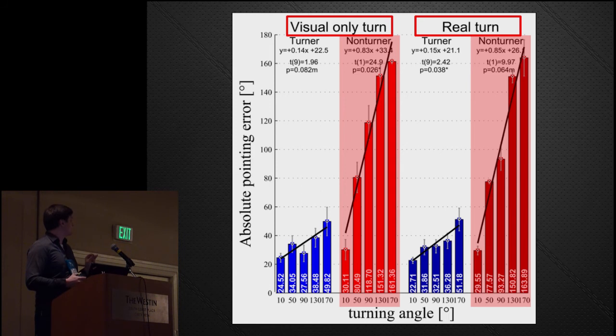But what was especially surprising about this is that these 2 participants did this even in the conditions where they physically rotated. And to the best of our knowledge, this is the first time this has been observed in this kind of research. And there's a lot more discussion on this in the paper, and to be honest, this could be a whole talk on its own. So I'm going to move on to the other interesting finding, interesting to us at least,